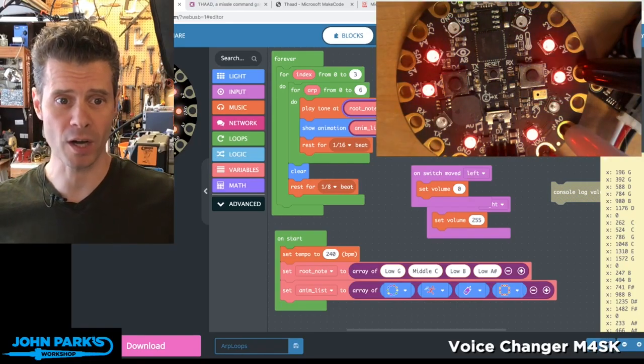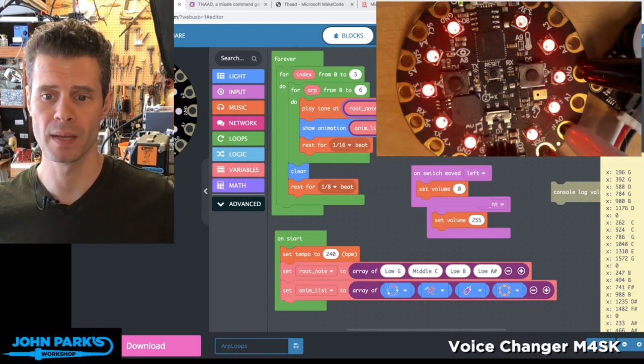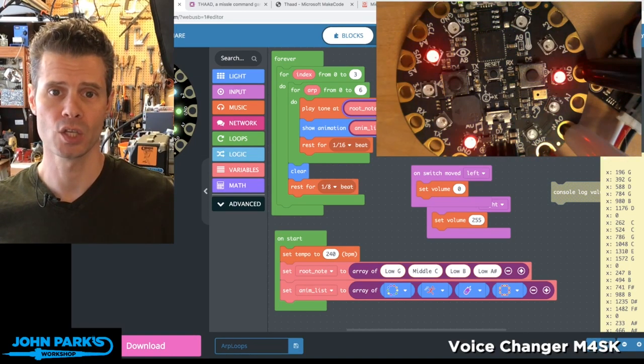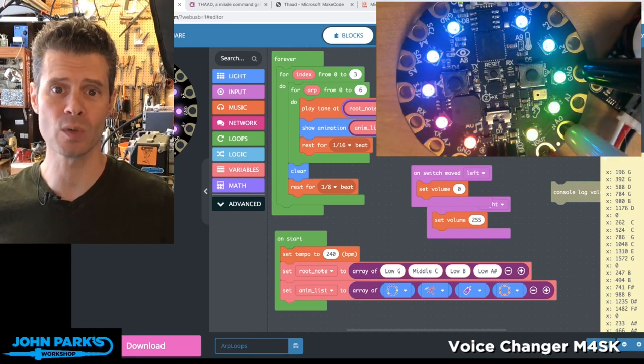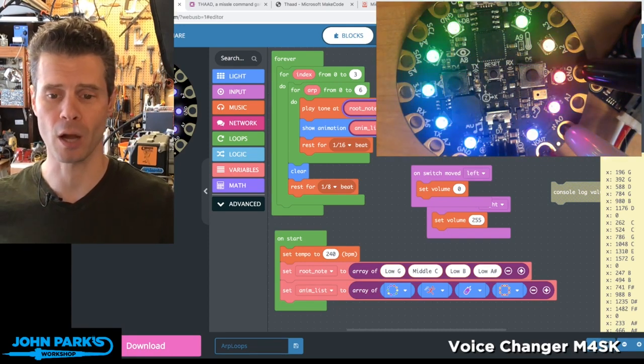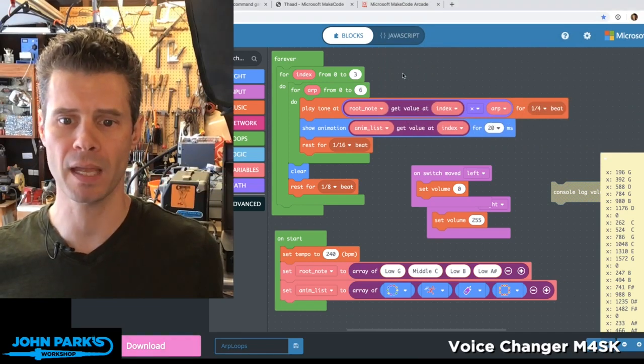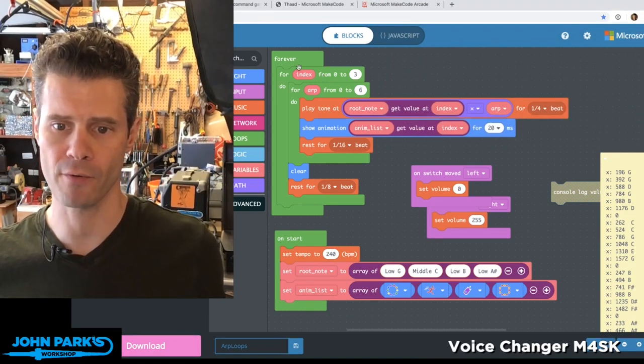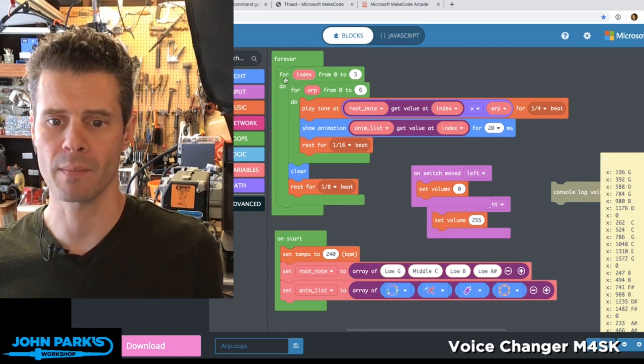MakeCode Minute today, I want to show you how you can use some simple loops to multiply the frequency of a tone in order to play some simple musical arpeggios. So if you look in my MakeCode session, I have a forever loop that will run, and I'm essentially running